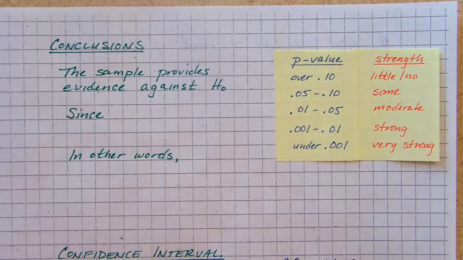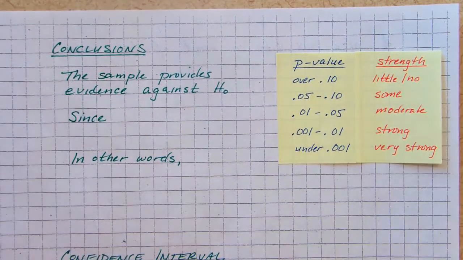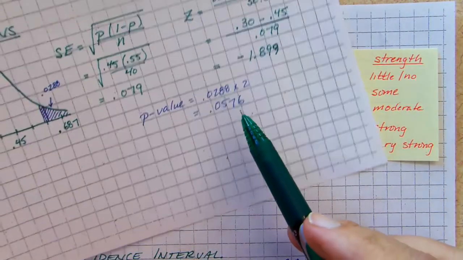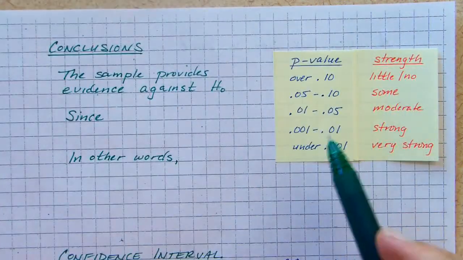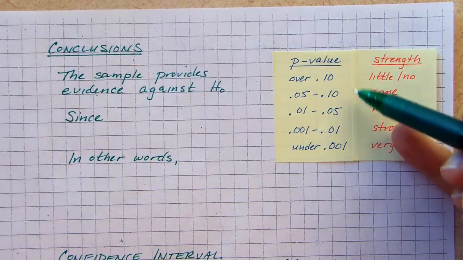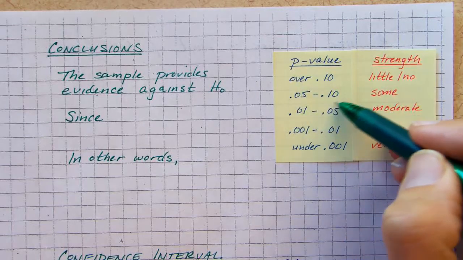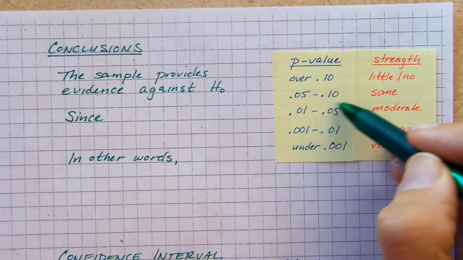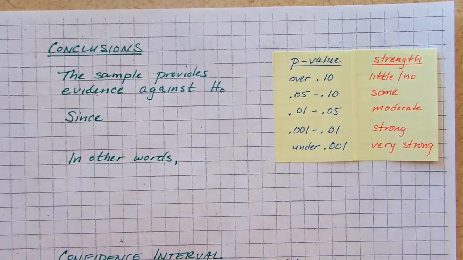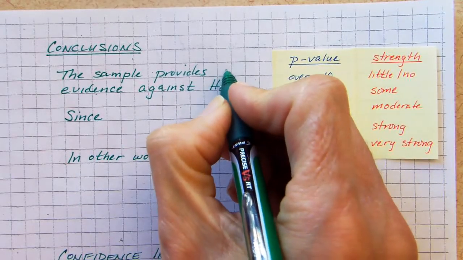So this sample provides, and so now our p-value, let's remember our p-value was 0.0576. So I look on this table right here, and this will help me categorize, that's what we call the strength of evidence. So 0.0576 is in this window right here. My p-value is between 5 and 10%, and so that means this sample provides some